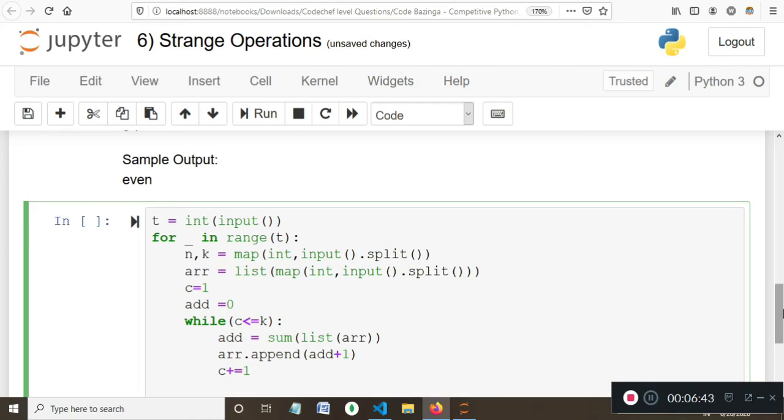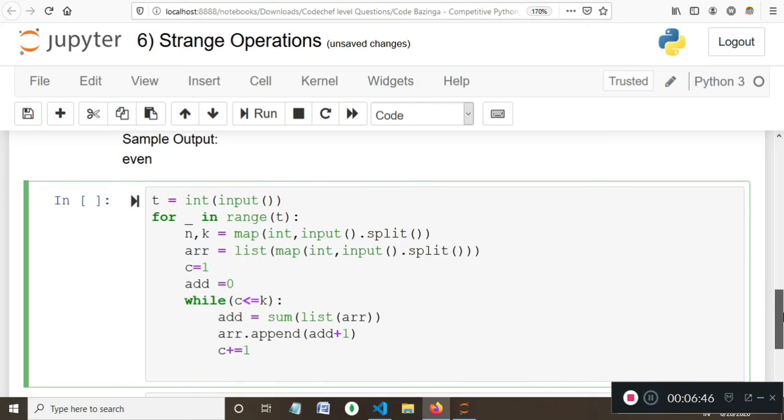Okay, so for the convenience, let's print the value of c and array, and let's see what we get exactly. And outside the loop, I'll again print the array. This is just for understanding purpose. This is not the final result. We'll comment this part once we reach the output.